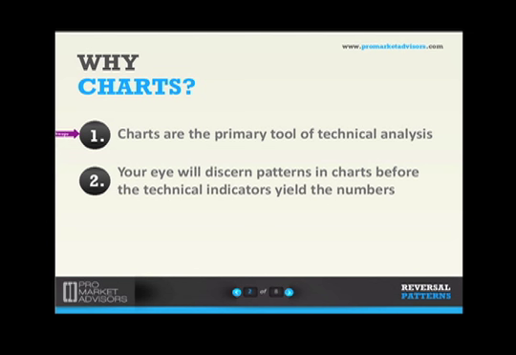That's our starting point. The reason we go to the picture rather than the numbers first is very simply that we're built in such a way that we'll pick out patterns in charts long before the technical indicators will pop out the numbers. I'm a big fan of confirmation through analysis, but I'm not a big fan of stepping into analysis first. I use some advice I was given back in grad school many years ago: when you're given some data, the first thing you should do is put it on a chart, take two steps back, and let the data talk to you. That means we don't come in with preconceived notions.